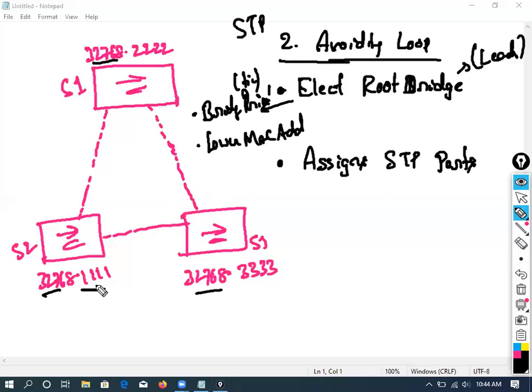Of course this one. So this switch won the election and became the core switch, the root bridge. It means a leader. Clearly understand?